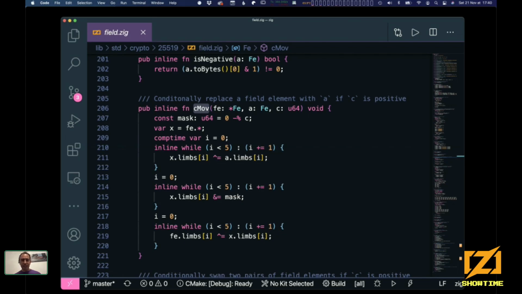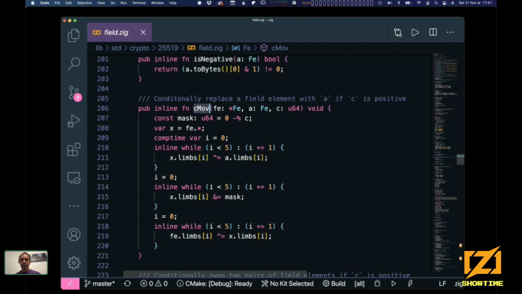And one way to do it is this trick, which is very common. We just compute the difference between here, this is FE and A. We want to store A into FE if C is 1. So we compute the difference between FE and 1. Here, this is just a XOR. And then we apply a mask. The mask is either 0 or just all 1. So if it's 0, when we apply the difference, we wouldn't be applying anything. So no changes is going to happen. Now, if the mask is -1, just 1 bit everywhere, then we apply the difference. So the move is done.